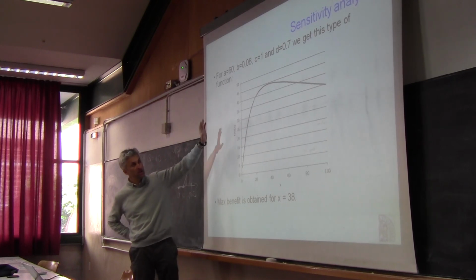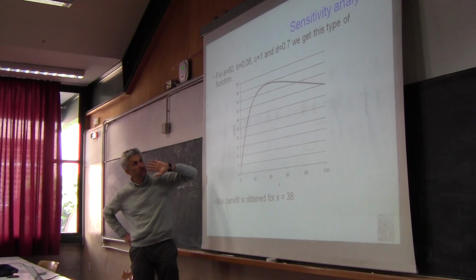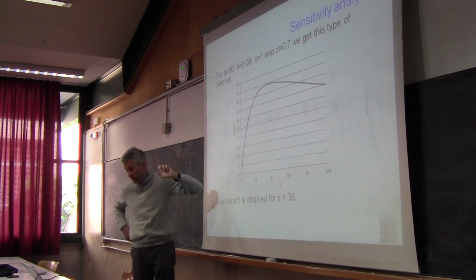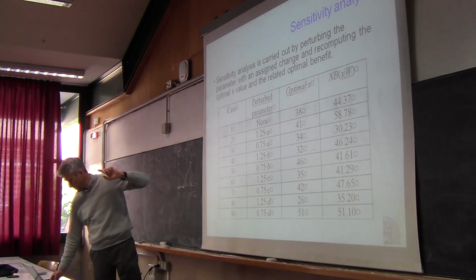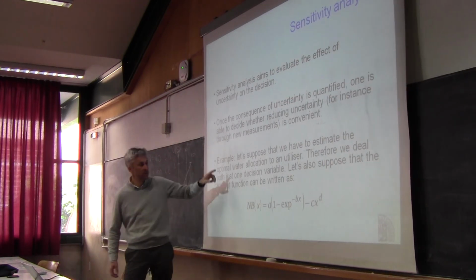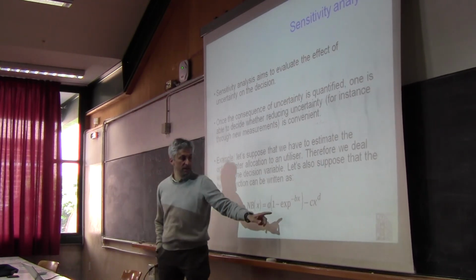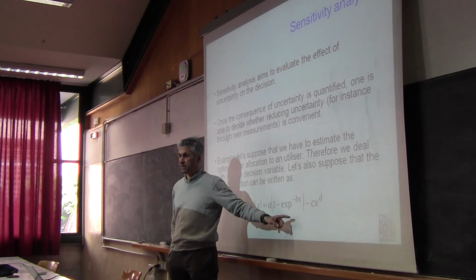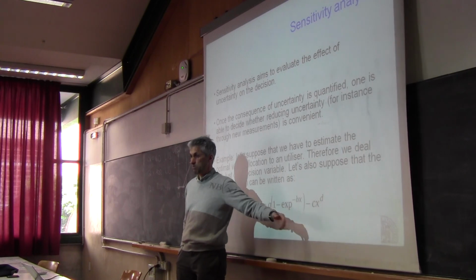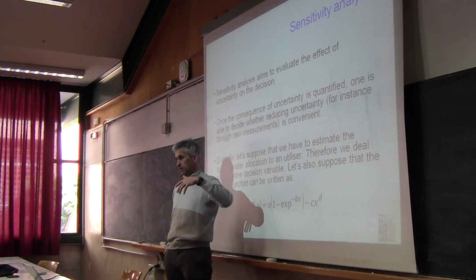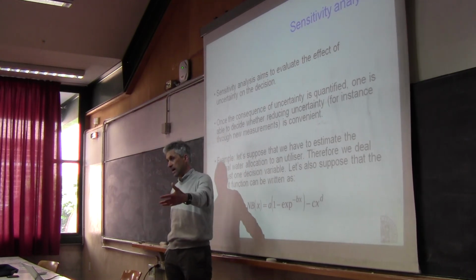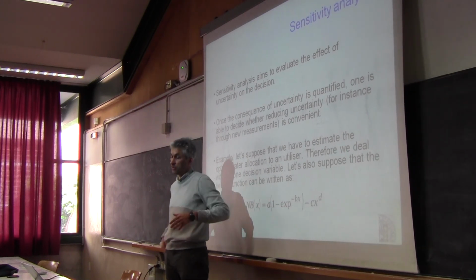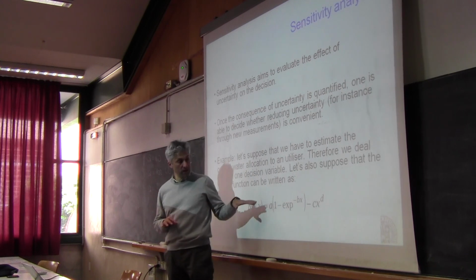And this is a case in which the benefit function is defined with certainty. The analytical form is this one, which we already considered in the past. You have an income term and a cost term, which penalizes your highest allocation. For increasing allocation, the cost increases, and therefore this function